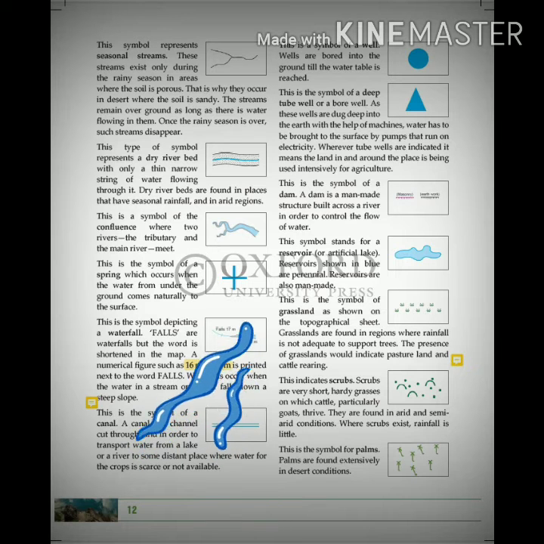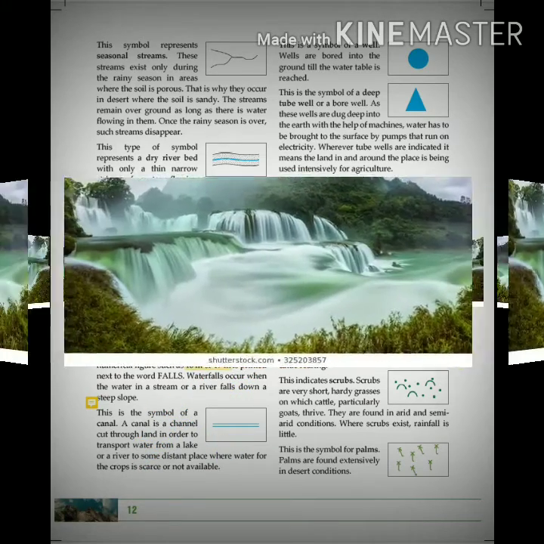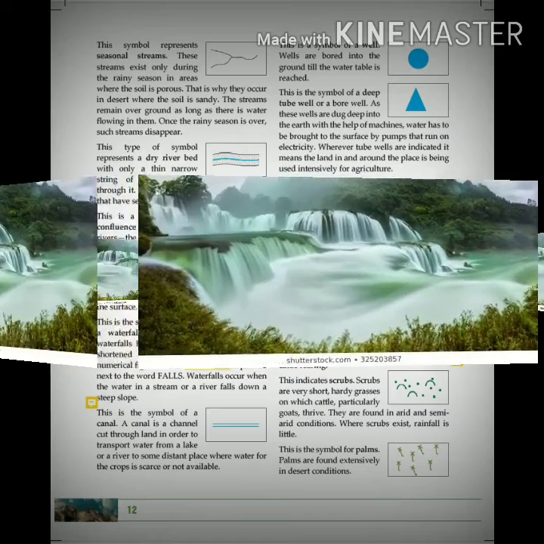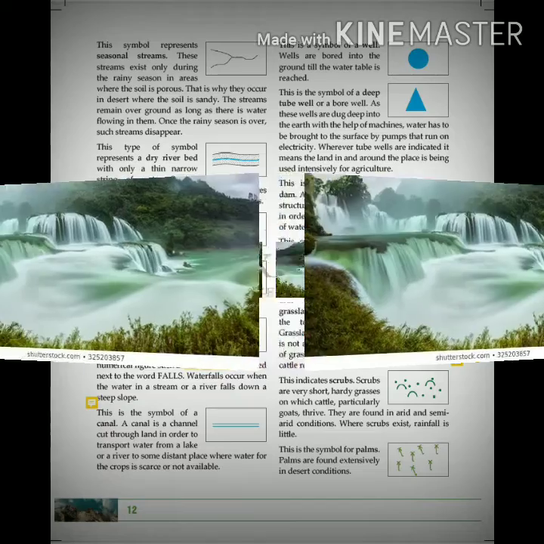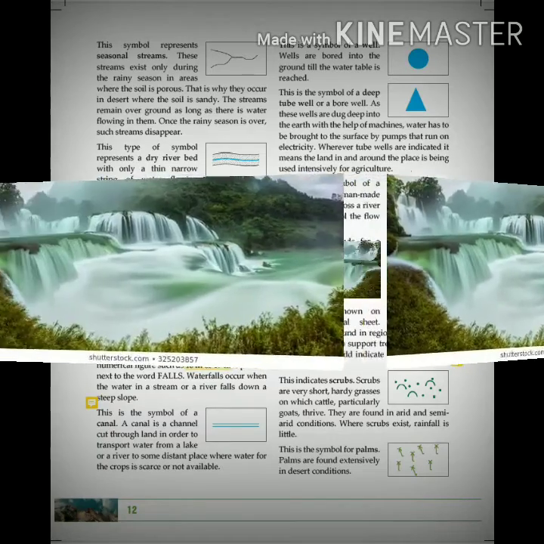Falls are waterfalls, but the word is shortened in the map. A numerical figure such as 16 meter or 17 meter or 18 meter or 20 meter is printed next to the word falls. A waterfall occurs when the water in a stream or a river falls down a steep slope.